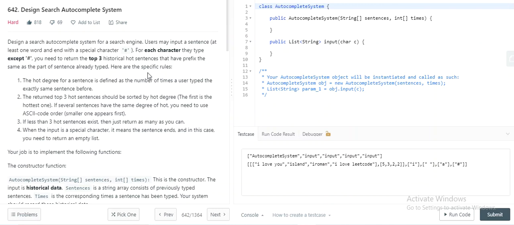Here are the specific rules. The hot degree of a sentence is defined as the number of times the user typed exactly the same sentence before. The returned top 3 hot sentences should be sorted by hot degree. The first is the hottest one. If several sentences have the same hot degree, you need to use ASCII code order. Smaller one appears first. Basically, they're saying that if two sentences have the same frequency of occurrences,